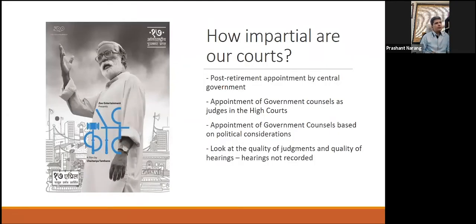Now, when we talk about judicial review, we should also ask this question: how impartial are courts? You can have the best of judicial process. You can have CPC, CrPC, IPC, Evidence Act, etc. But if the judge is not impartial, then the whole point of a fair judicial process goes